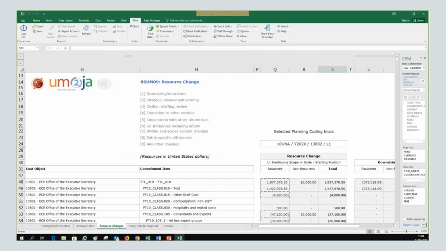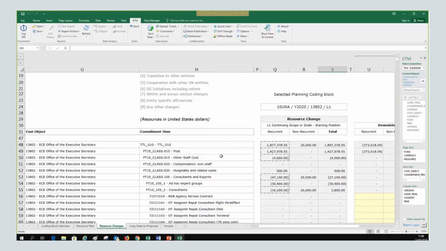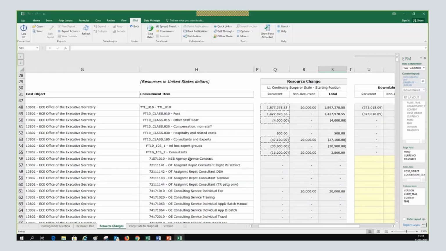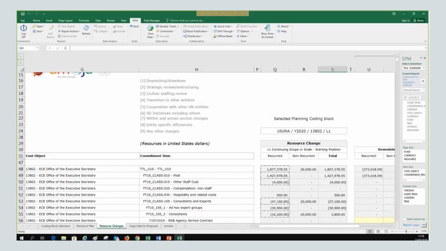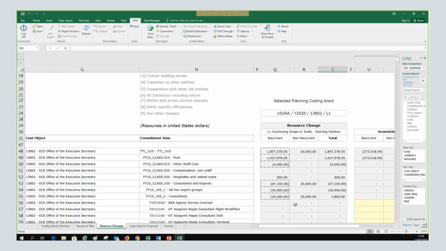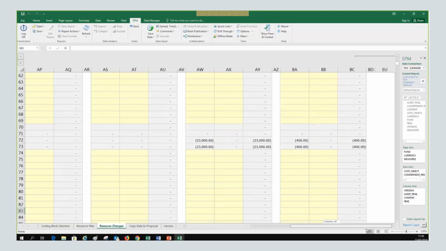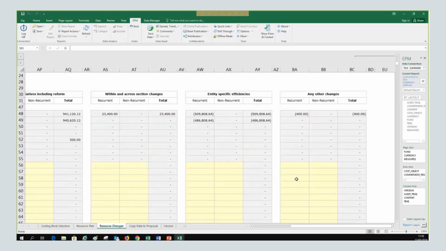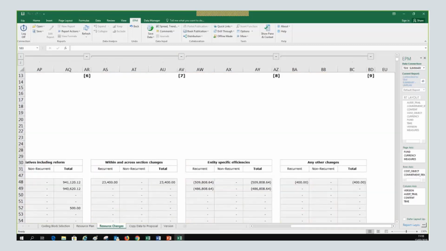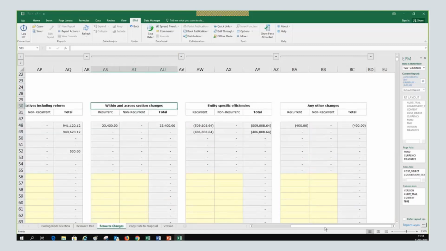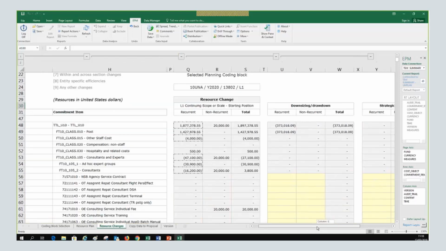Okay, it is, I don't know, let's say within and across section changes. I don't know if it makes much sense from the business point of view, but let's say that it has to go all to reason 7. So we take these 500, we go to the column, the one that we selected is the 7, right? Within and across section changes. Okay.